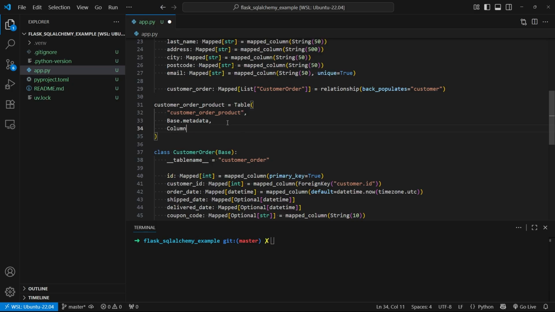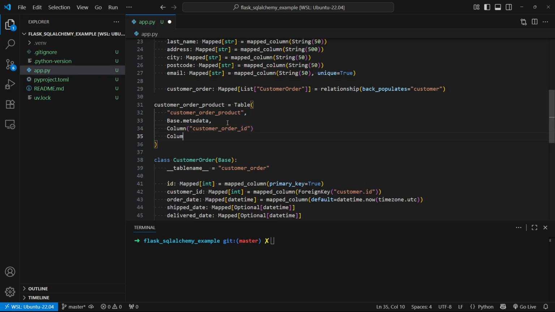And then I need to define some columns. So I passed in column here, and then one will be the customer order ID, and the other will be the product ID, right? So this is creating basically a many-to-many connection between orders and products. So after the customer order ID, I'll use foreign key here, and then this will point to customer order.id, and I'll do the same thing for the other one. So this will be a foreign key, but it's going to point to the product table. And then they're both going to be primary keys. So they both are primary keys together. So primary key equals true